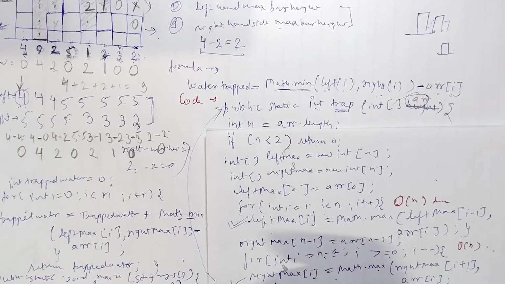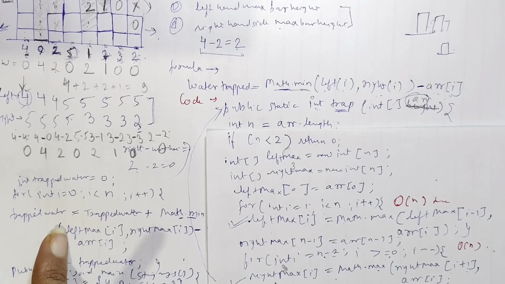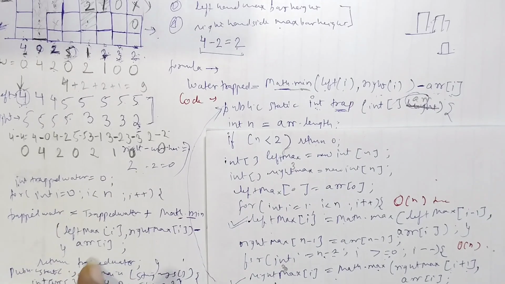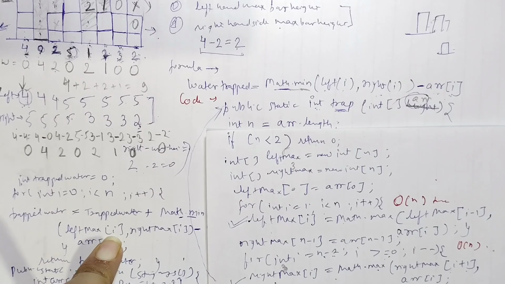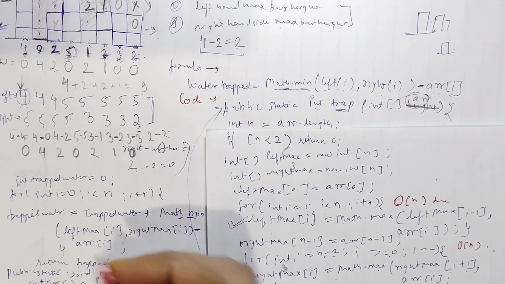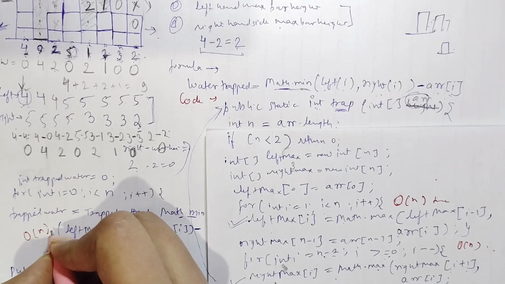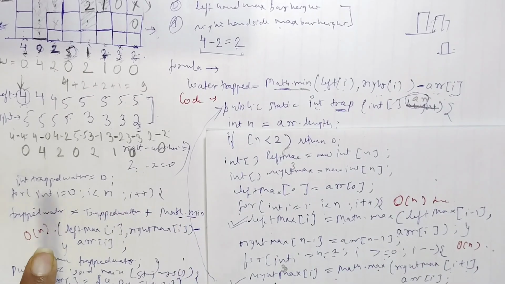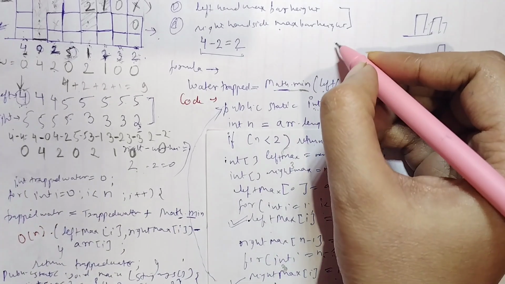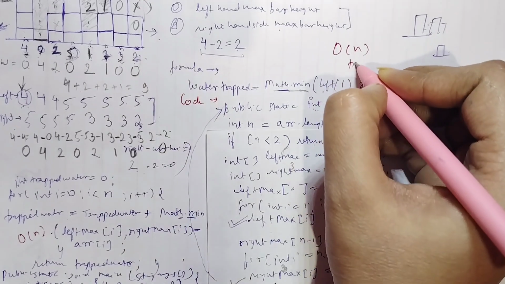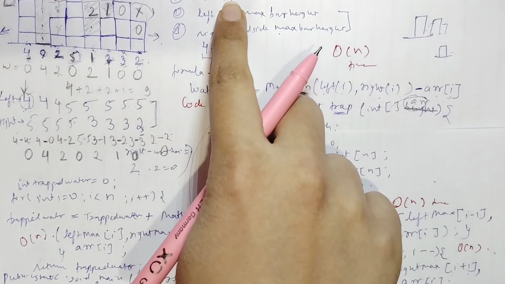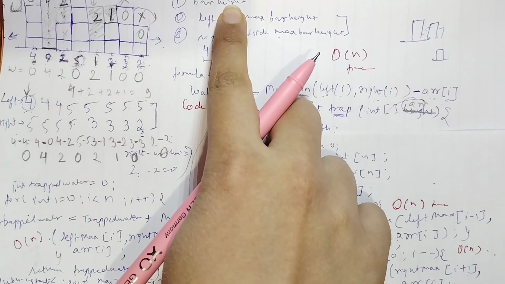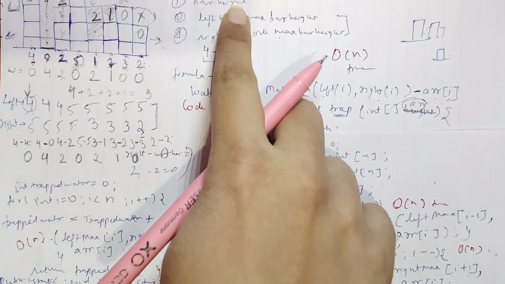And when we talk about this trapped water, we iterate through the array once again to calculate the trapped water for each bar. For each bar we are calculating, so it will also take big O of n time. So total big O of n, big O of n, and big O of n, so it will take big O of n time, and n is the number of elements in the input array. Okay, our input array is